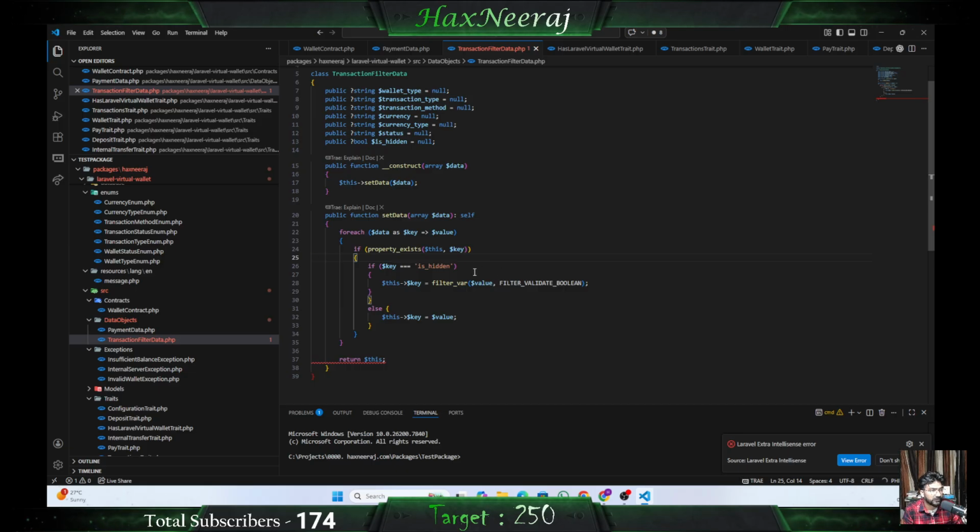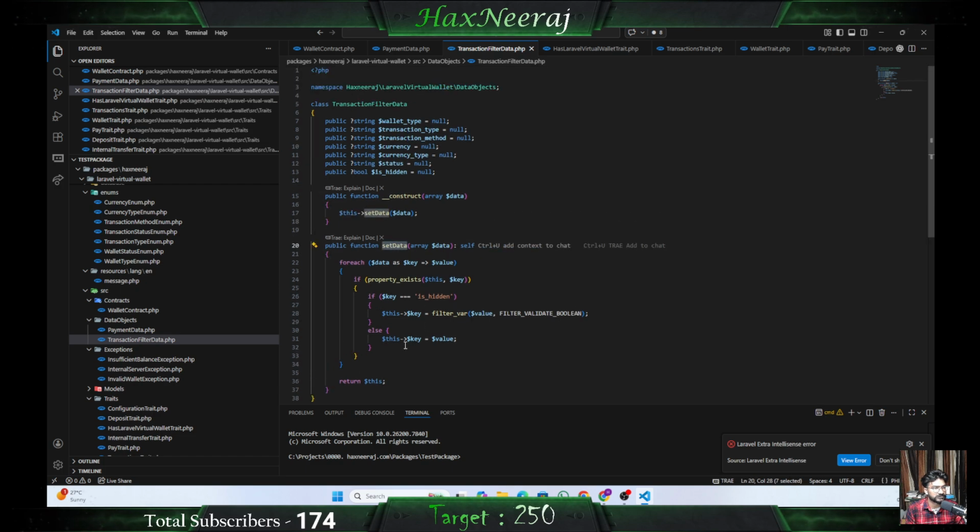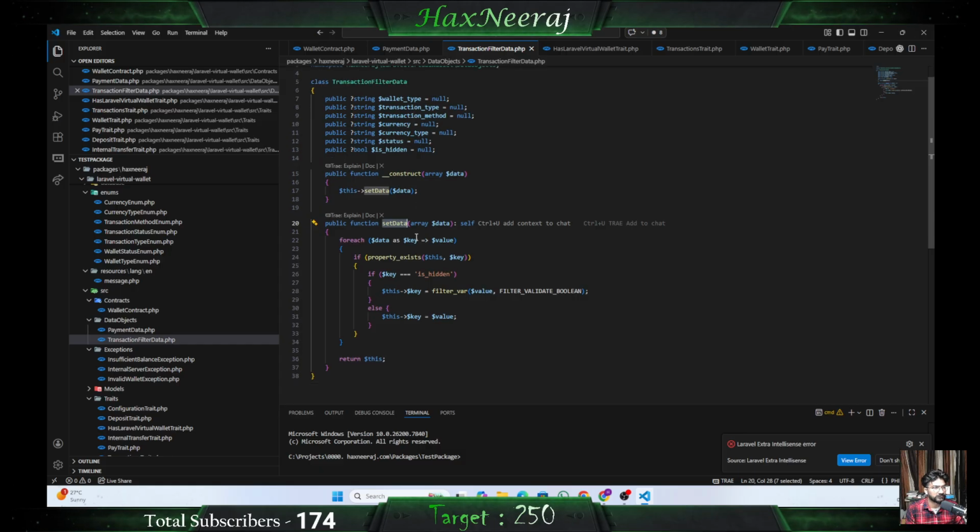What's going wrong in it? If key equals this, okay, we have multiple curly braces here. So now this could set data, return this, and if we want these all things separately,